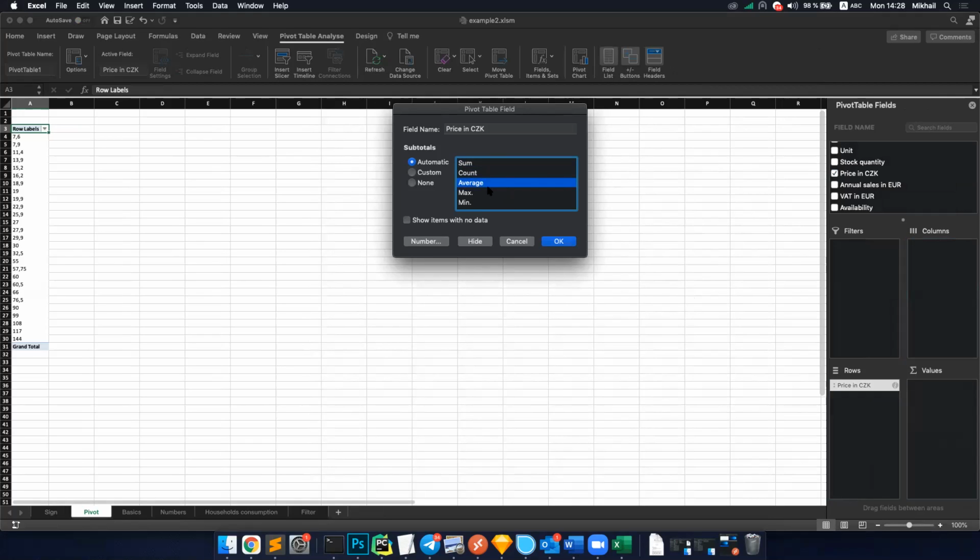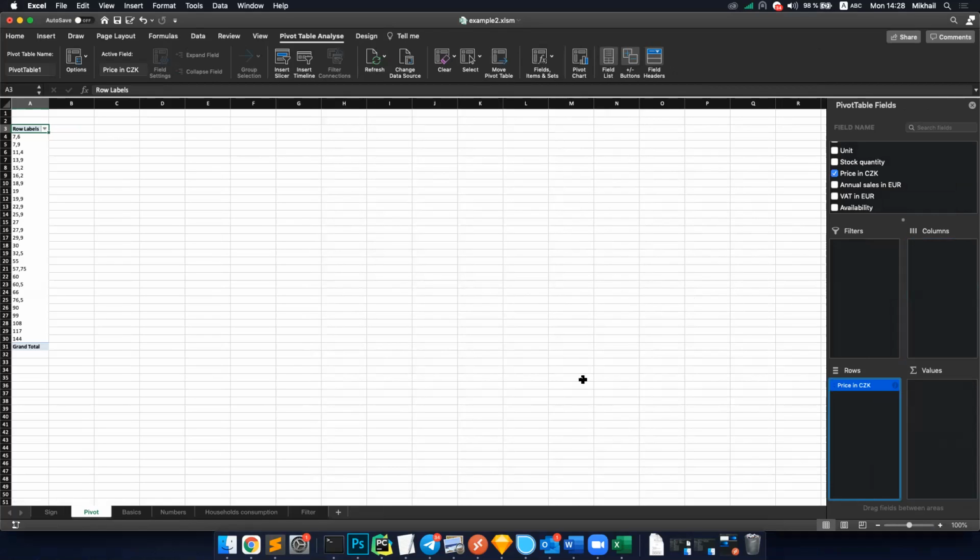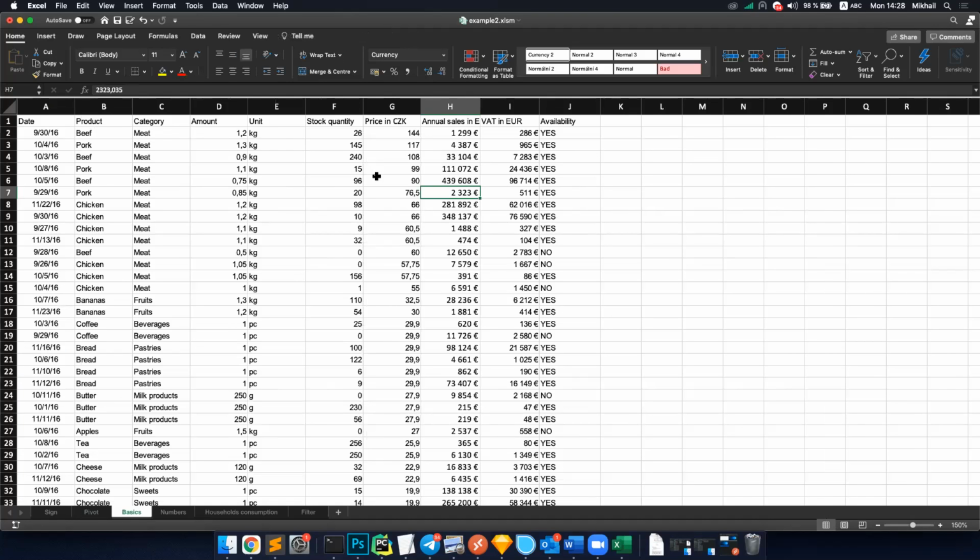Right now we need to select average. Now it's average. To be able to change those values to Czech crowns, in CZK,